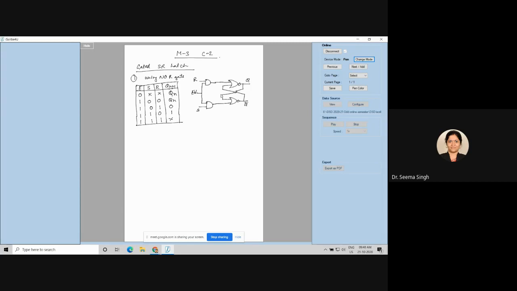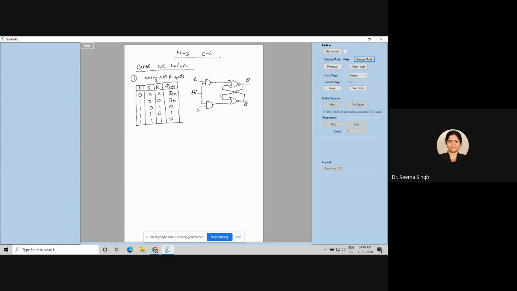Okay, now when we talk about the expanded truth table, what they do is simply split each case. For example, for SR equal to 0 0, they will make two cases. Two cases means taking Q equal to 0 and Q equal to 1. What I will do is post the detailed truth table in the Google Classroom. You people can copy from that. So this one is the concise truth table. The detailed truth table will be posted in the class Google Classroom. You can copy it from there.